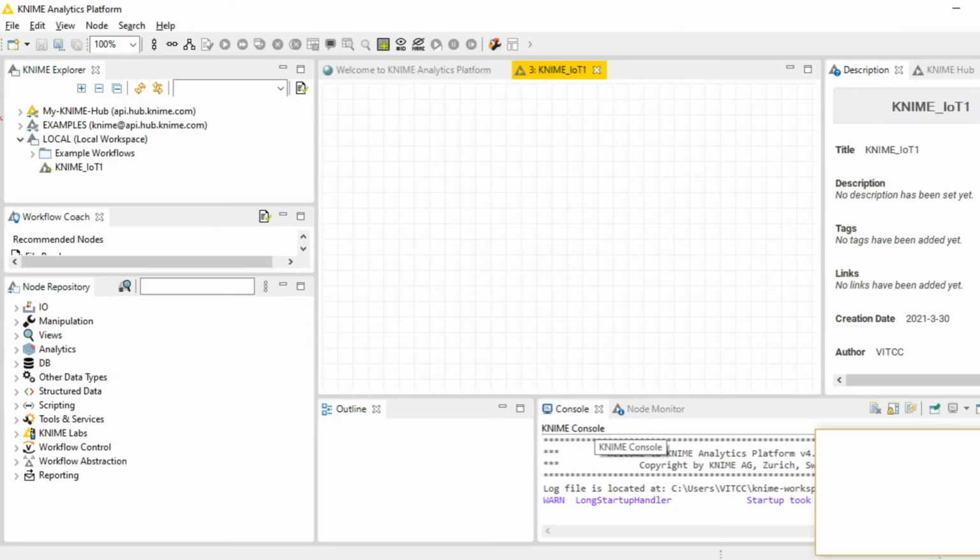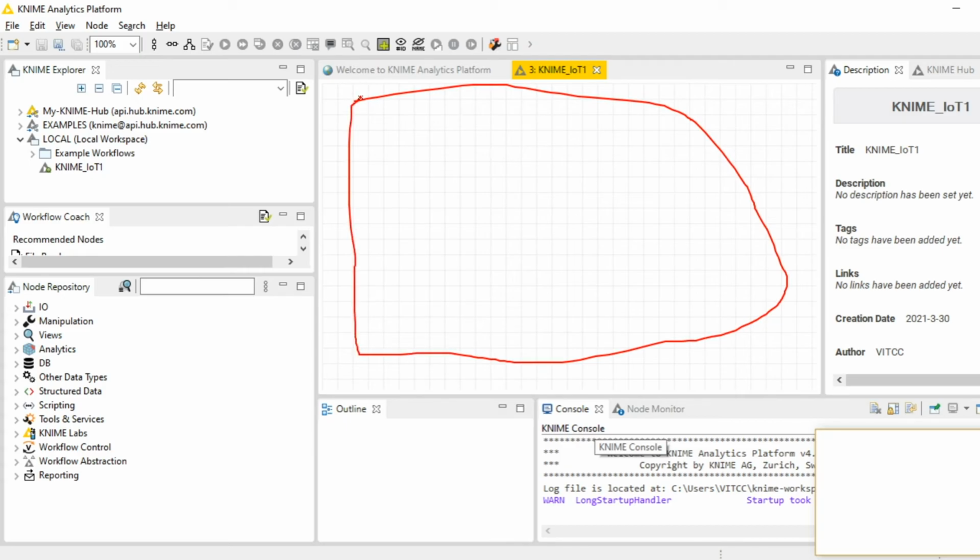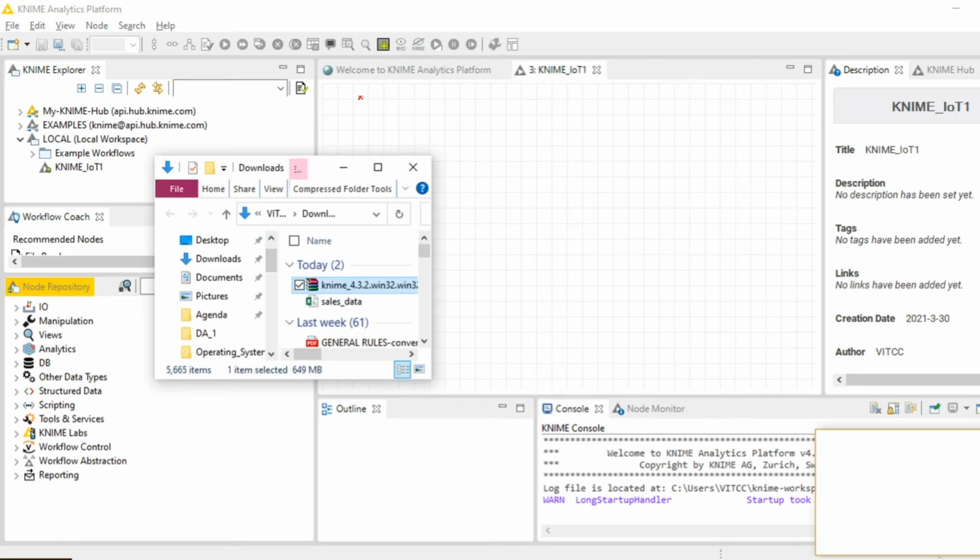So once you are done, now your clean, empty workflow has been created and is ready to help us build a workflow. So this is the place where we are going to create our workflow. So now as a first step, you just open your downloaded file and then drag and place this CSV file into this workspace.